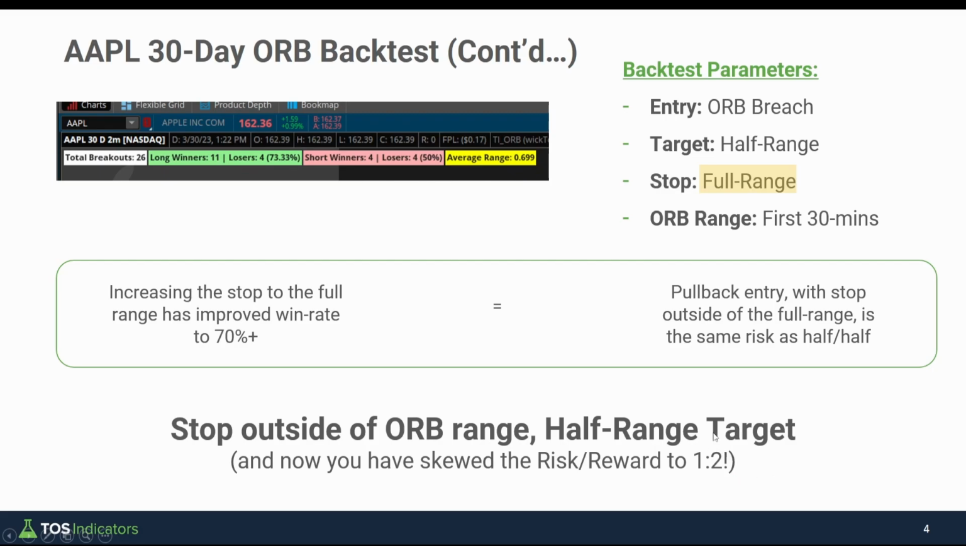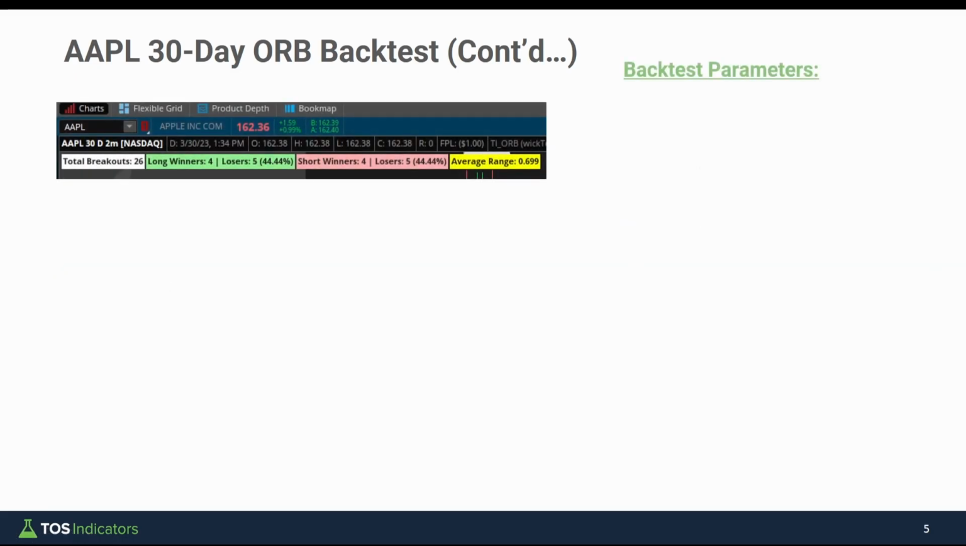Now there's one last thing we can test here. We know waiting for a pullback is a good idea. Can we be a little bit greedy, and instead of just a half range target, go for the full range target? How effective is that? So now if we continue the backtest one more time, and we change the last parameter that we have,